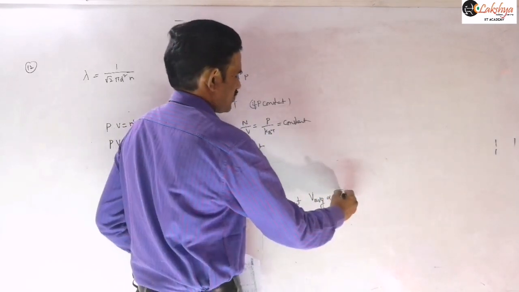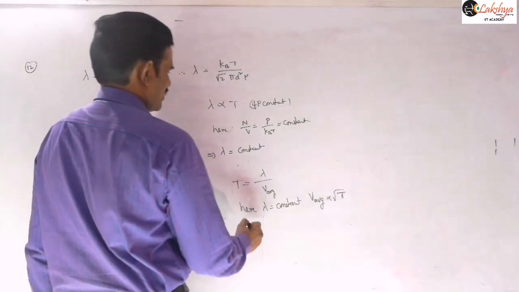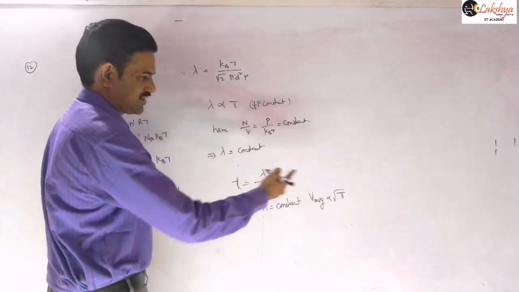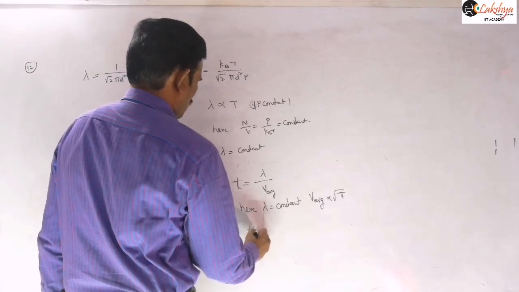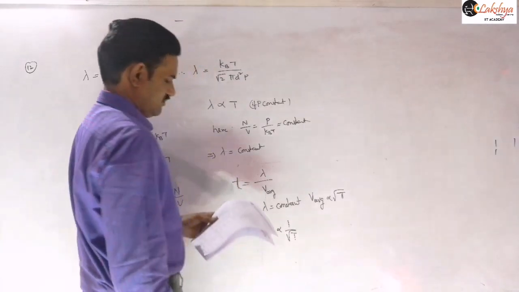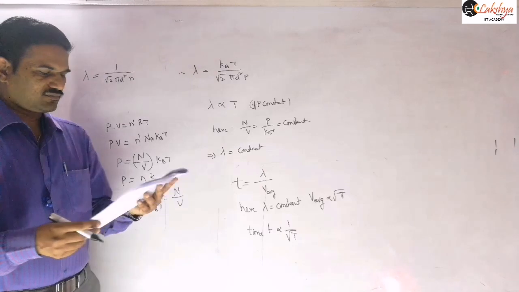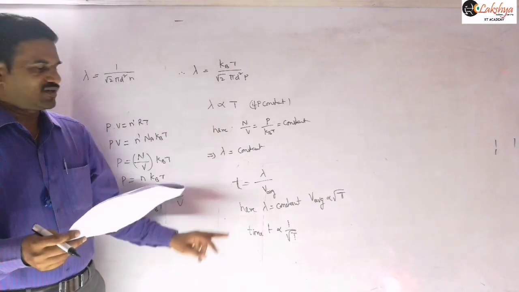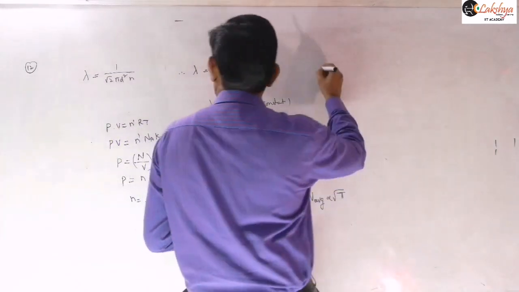That average velocity or RMS velocity is directly proportional to the square root of absolute temperature. Here, let us take time as small t, and capital T as temperature. So this time t is inversely proportional to the square root of T. As the temperature is increased, this value will decrease, and the collision between molecules will decrease. So that is our conclusion here: lambda will remain constant and this time will decrease, right? So see the next question.